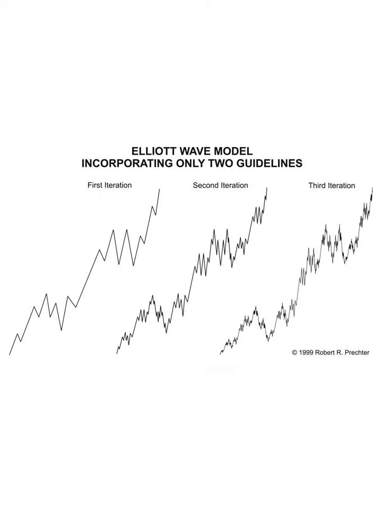But when we take those ideas on the left, you'll see that the middle wave in every case is longer than the others on the rising portion, and that the first decline we have here looks different from the one up on top. If you iterate that a second time and finally a third time, you get something that starts to look just like virtually any financial market you might want to see. And that's accompanying only 2 of Elliott's observations. So we have a model now for how social mood is fluctuating. It's not linear. There's a definite pattern to it, and when it reaches an extreme, it reverses and goes the other way.